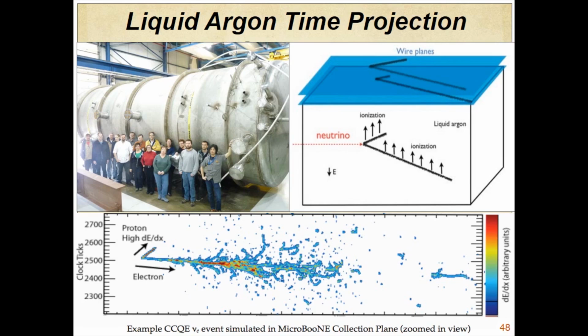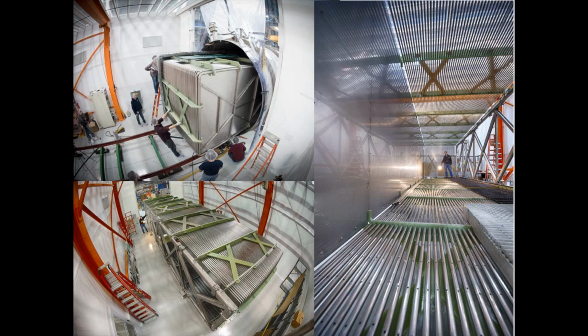But this is a giant cryostat. It's about the size of a city bus or something. Here's some more pictures of it. This is what's on the inside. This is called the time projection chamber. I got a cool story about that, too, if you want to hear it. This is sliding the time projection chamber into that giant cryostat before the end gets sealed up. This is just another picture inside of this time projection chamber.